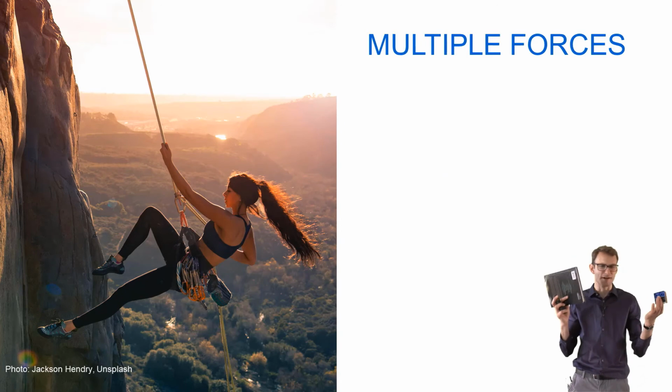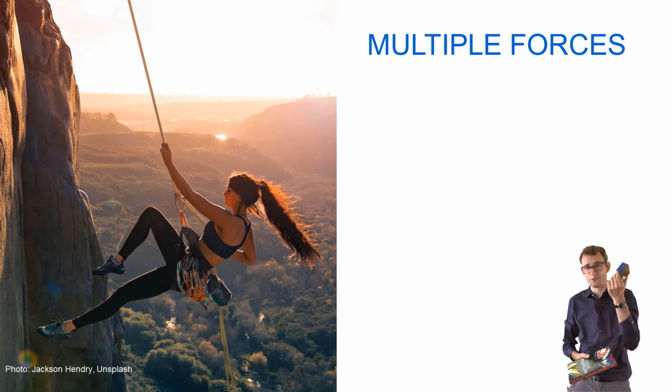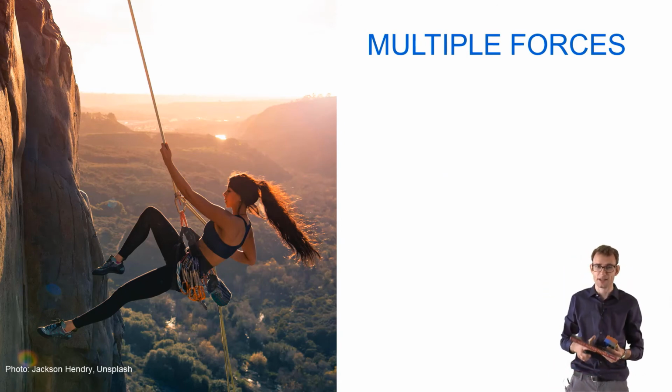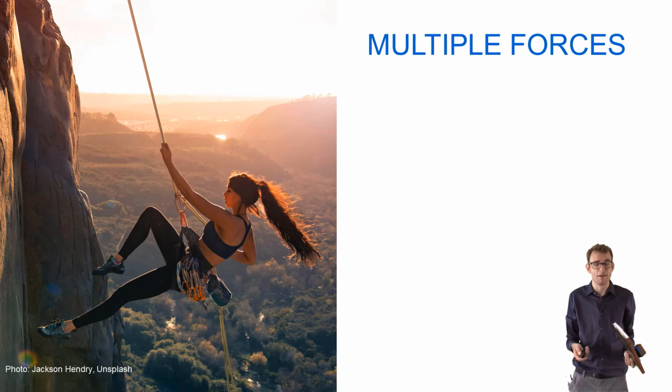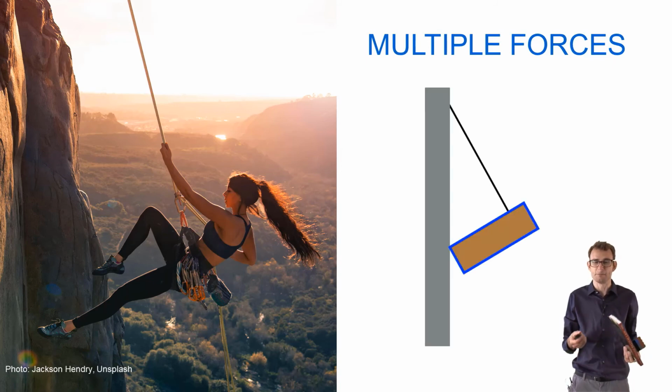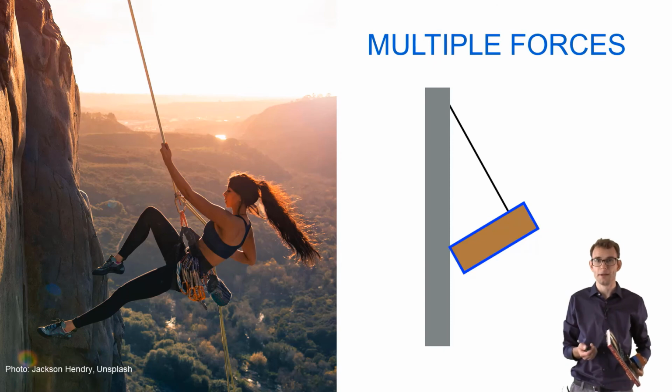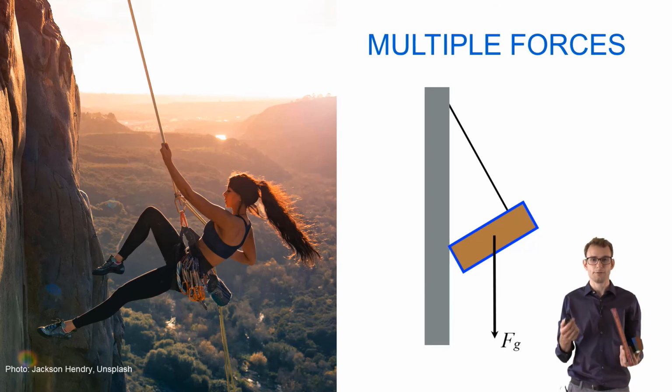Now that's a bit of an artificial situation. How often do you find yourself studying Lego blocks and soft matter physics books? But in everyday life, this happens all the time. This woman climbing the rock or abseiling from the rock is actually using this to make sure that she doesn't fall down. And to study this, we can also make a cartoon of that. So I'm going to draw her body as a simple square or rectangular block. I'm going to draw the rope as a simple line. And so we have, what do we have?